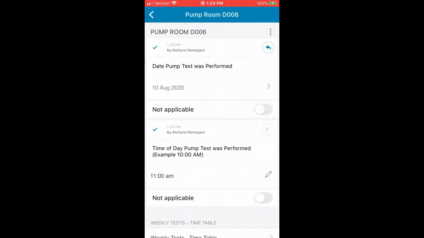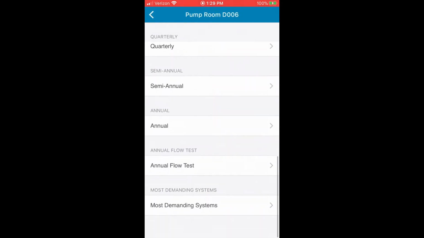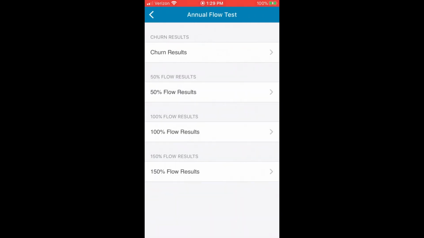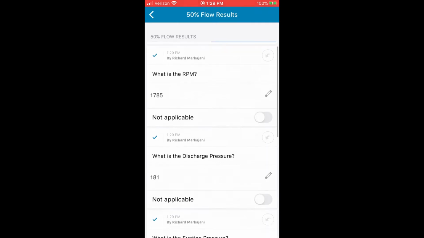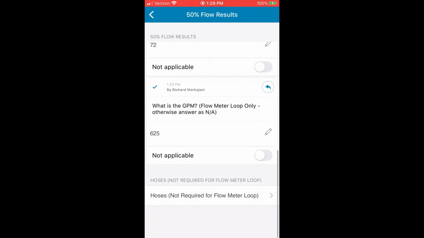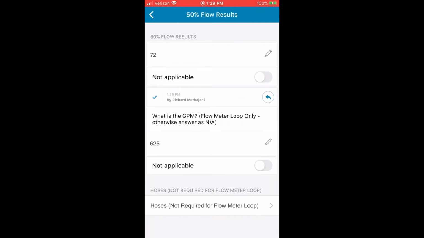I'm going to grab that. I'm going to scroll down to my annual tests, annual flow test. And I'm going to go into my 50% results because that's where my flow test is going to be. And you'll see that I have performed a 50% inspection. And now I chose what is the GPM flow meter loop only, otherwise answer is NA. I put 625 gallons per minute because that's half of my 1250,